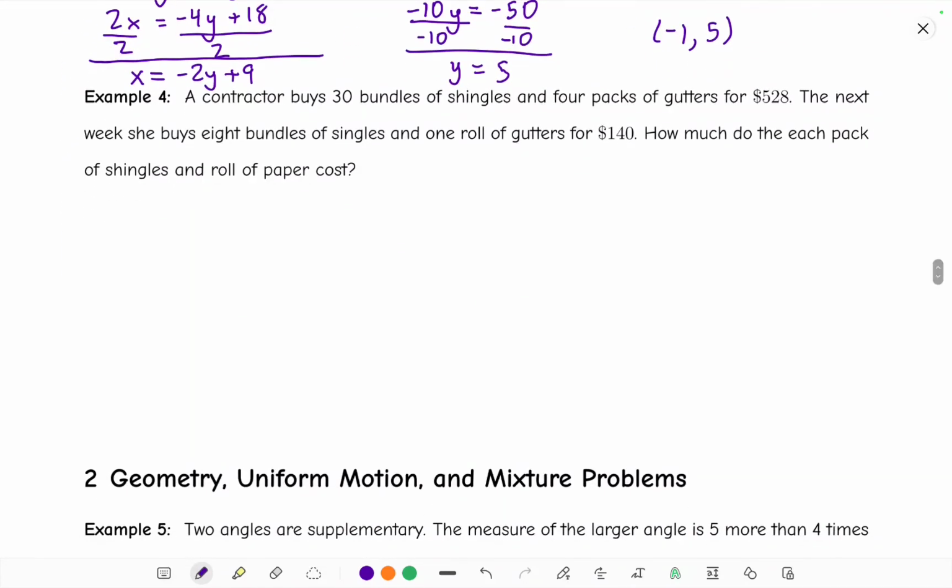Example 4. A contractor buys 30 bundles of shingles and 4 packs of gutters for $528. The next week she buys 8 bundles of shingles and 1 roll of gutters for $140. How much do each pack of shingles and roll of gutters cost? So again, I'm going to start off by identifying what our unknowns are. So here, the cost of the bundle of shingles, that'll be x, and the cost for the pack of gutters,